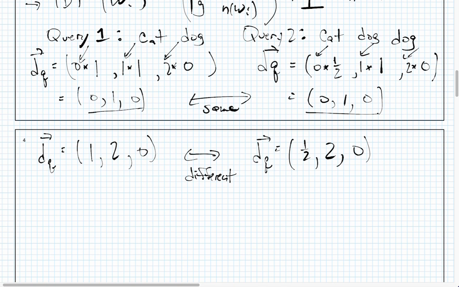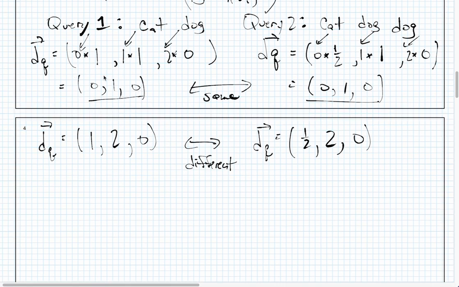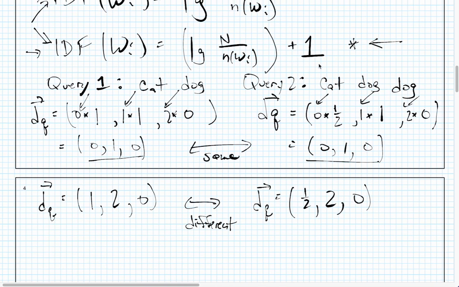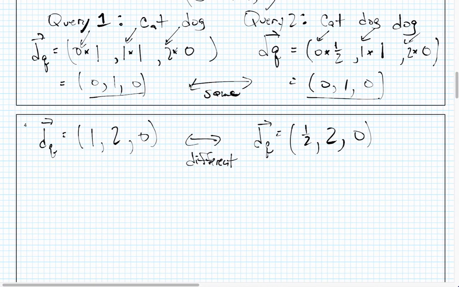So in the last video we showed that we prefer to use a definition of inverse document frequency that adds the number 1 to the calculation right over here. And now what I want to do is actually do a query result. So first of all, let's remember that this one represented the query cat, dog. So now I want to go back and do a query cat, dog